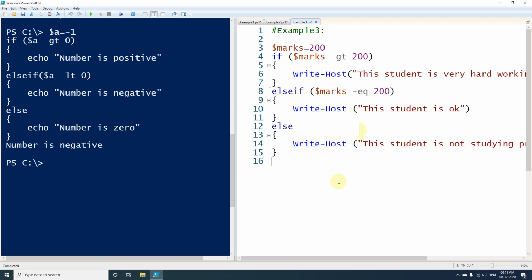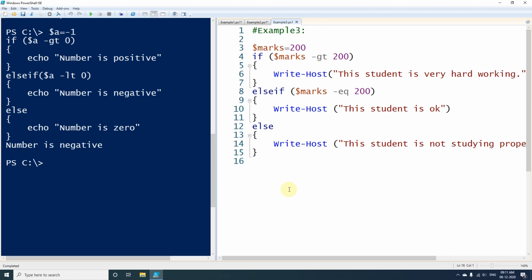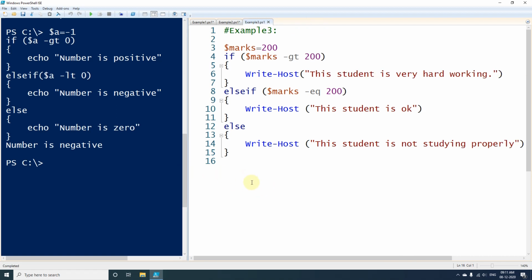And now we will try the third example. The third example is also like the second one. Here we have created one variable called marks, and in that one we have assigned the value 200, and again we are checking whether marks is greater than 200 or equal to 200. If marks is greater than 200, then this expression will be evaluated, and if it is equal to 200, then this one will be evaluated, and if none of the conditions is evaluated, then by default the else expression will be